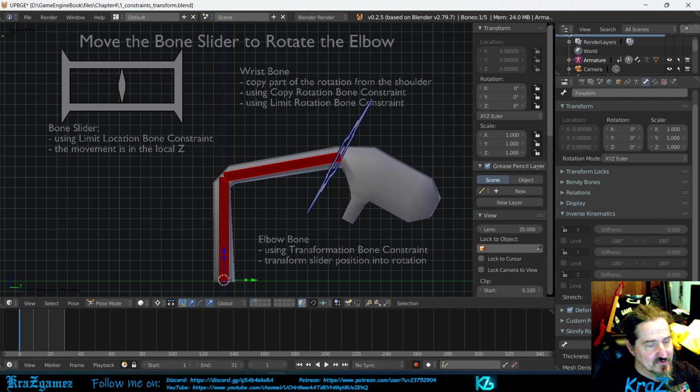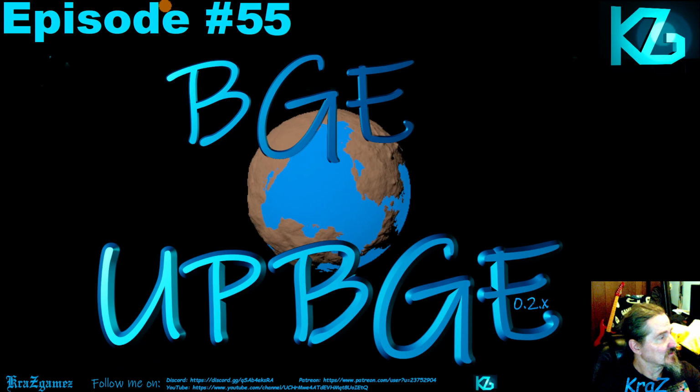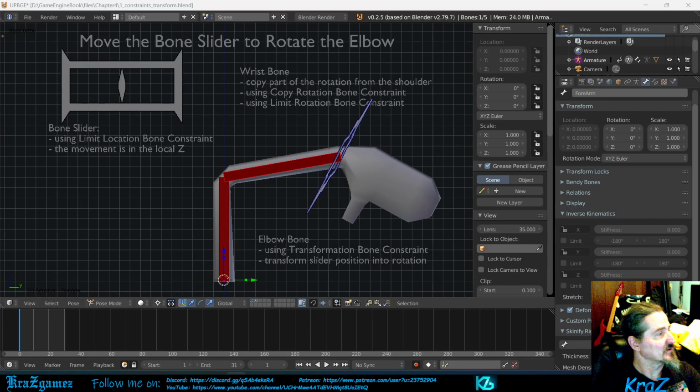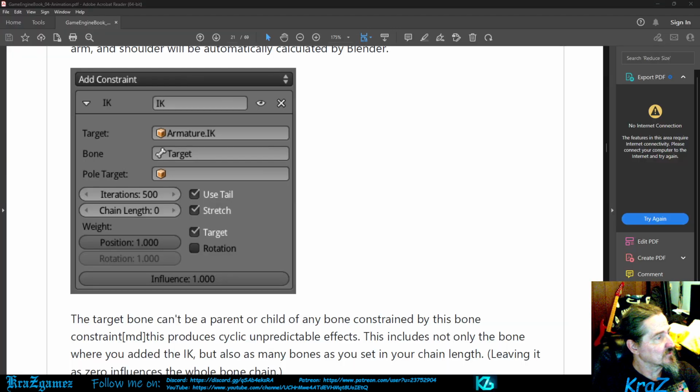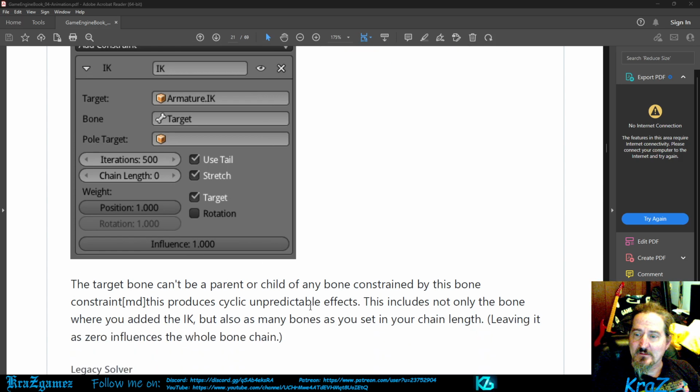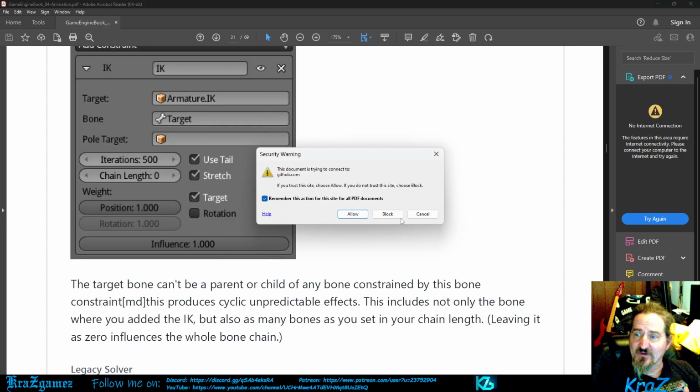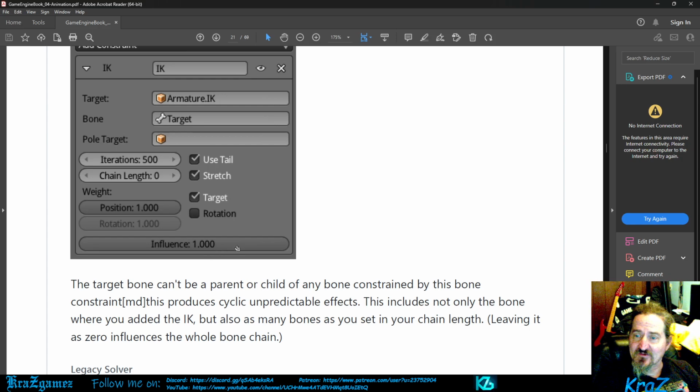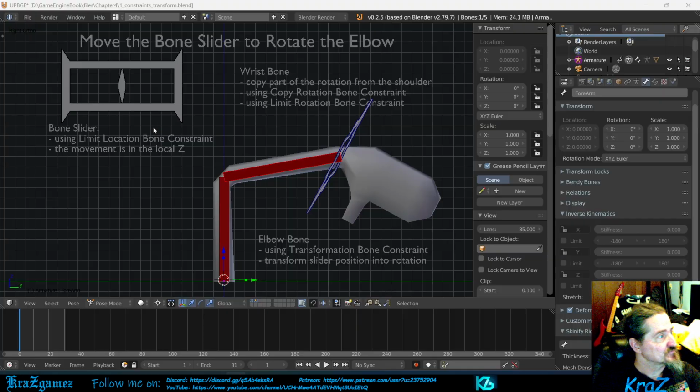Let's switch over to it so you can see what I'm talking about here. It's doing it again. There we go. Okay, what it's talking about is this influence right here. There we go. Okay, so the zero influences the whole bone chain. So if I took this and zeroed it down,